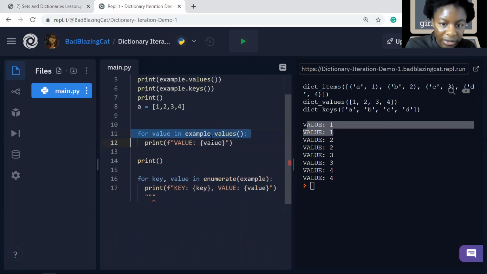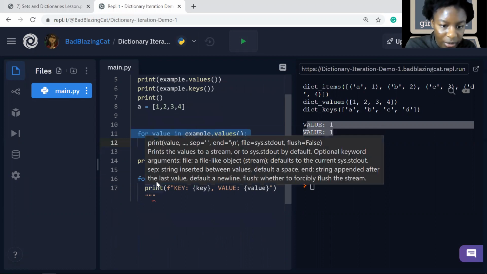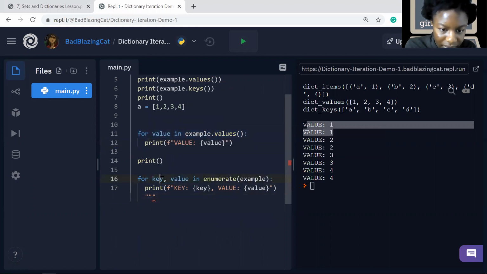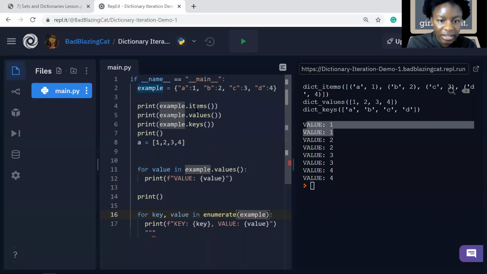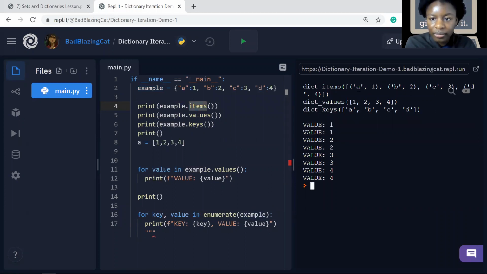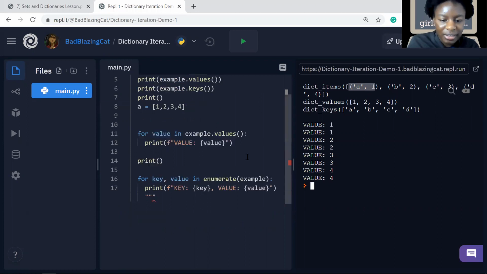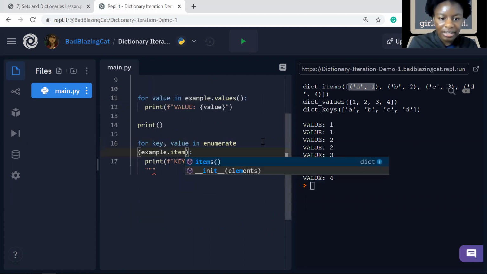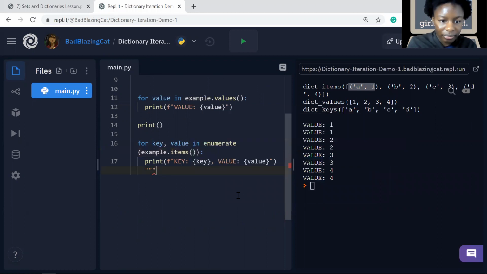So that's iterating over the values of a dictionary. Now we can also iterate over both the keys and values with something called enumerate. To get both the keys and values, we would have to use items, because remember, it's a list of tuples, and the tuples are the key value pairs. So if we did examples.items,